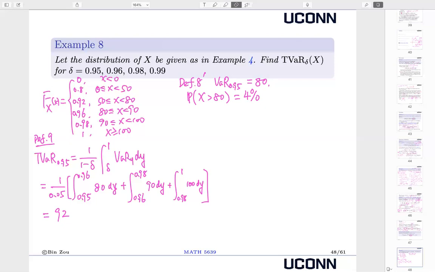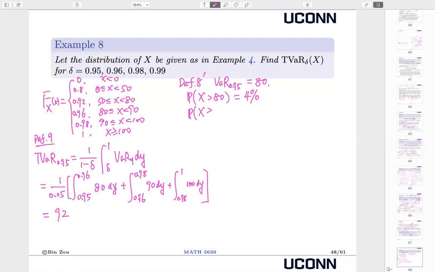What I have is 8%, because I will need to let me write it down. So for this, it would be 4%. Yes, that's right. Okay, and